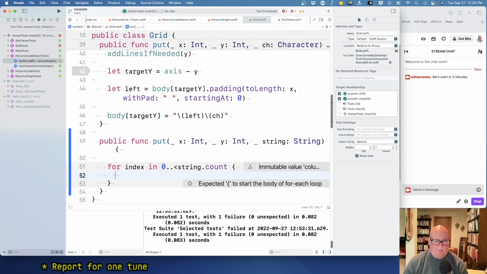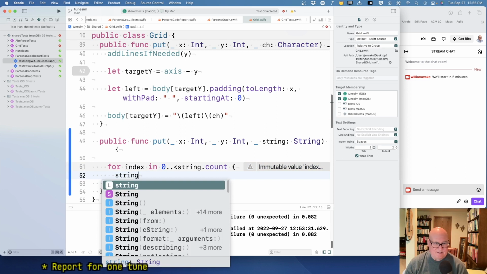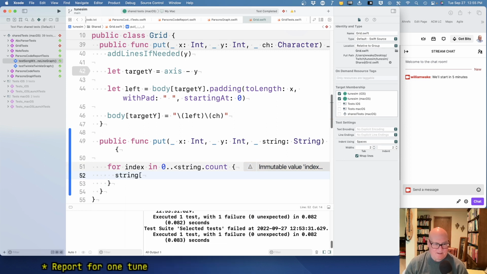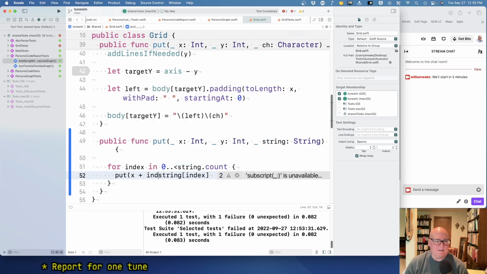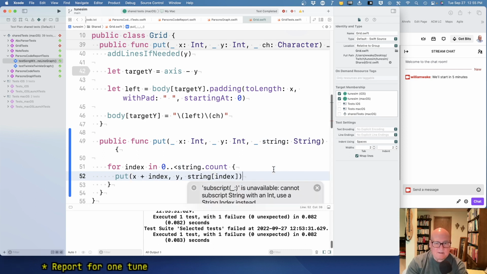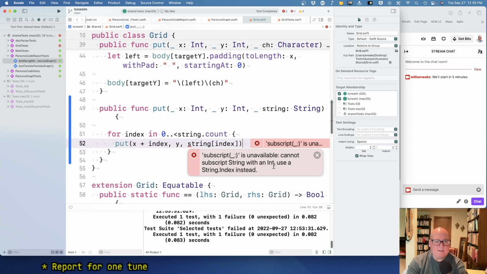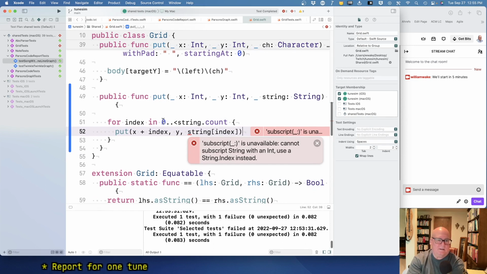Indexing a string is kind of a pain, as I recall. Can I say string sub index? All right, let's do a put X plus index at Y and string at index. Subscript is unavailable. Cannot subscript with an int. Use a string dot index. Okay,